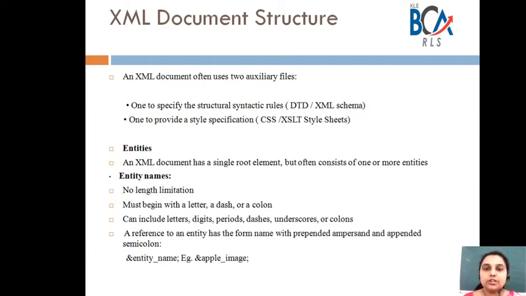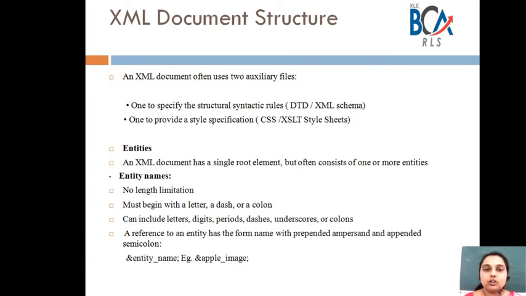One that is going to specify its tag set and structural syntactic rules, and another file that is going to contain a style sheet to describe how the content of the document is to be printed or displayed. The structural syntactic rules are given as either a document type definition or an XML schema.